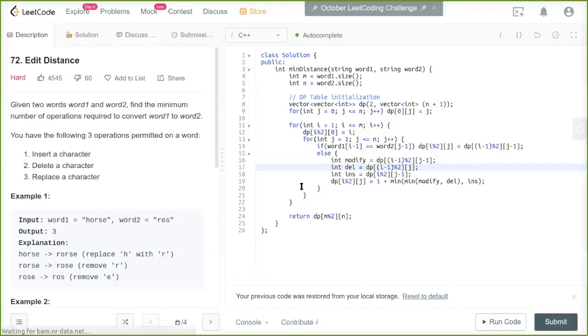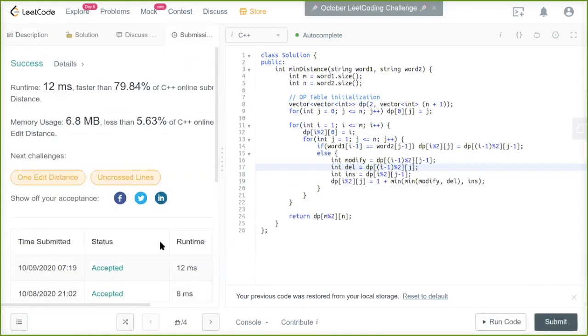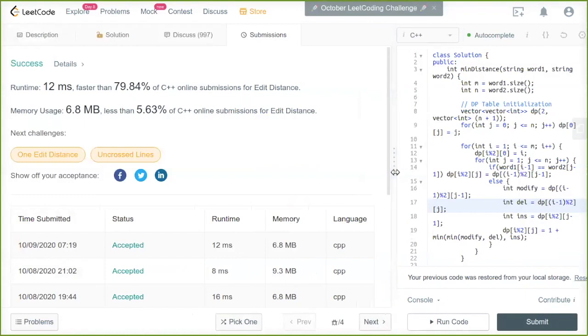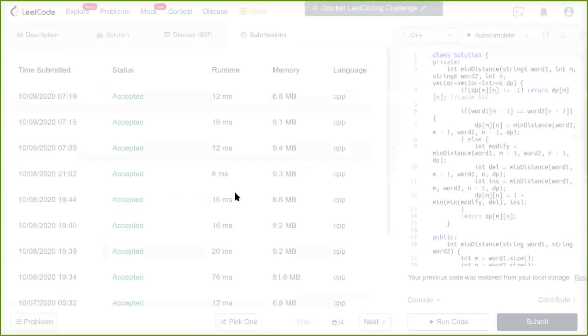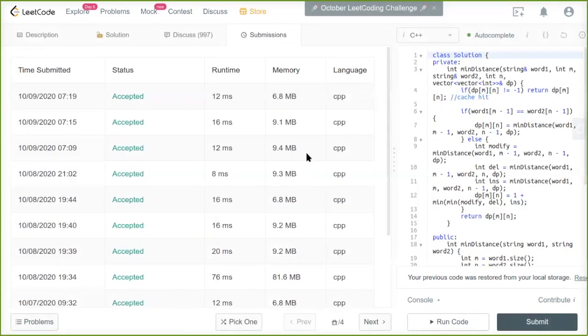So let me submit that directly, and it should work. It has been accepted. It has accepted all of them, and let me compare the times of these 3 or 4 submissions. The first one I didn't submit because it was a TLE, which was because of the first backtracking solution. But look at the last 3 here.